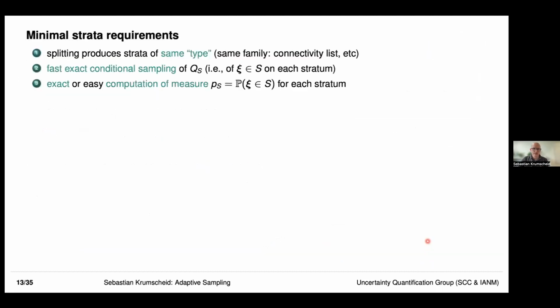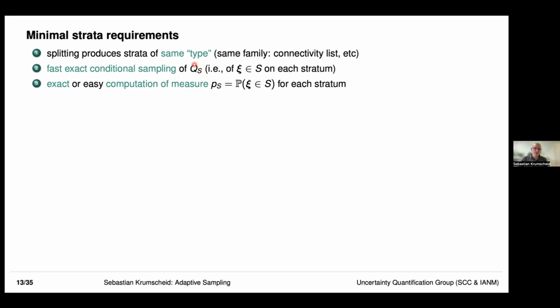This already implies some requirements. For implementation purposes, we want to keep it simple, right? Meaning that once we have a stratum, we split it. It would be convenient if the stratum that's split is split into 2 strata of the same type. Of course, I could take a cube and split it in a weird way so that I don't have a cube anymore, or don't have 2 rectangles anymore. So that's why we are restricting ourselves to the same type of strata, which makes implementation easier.